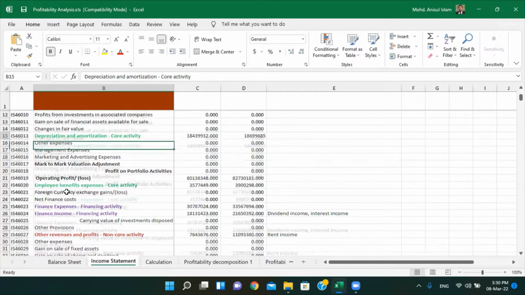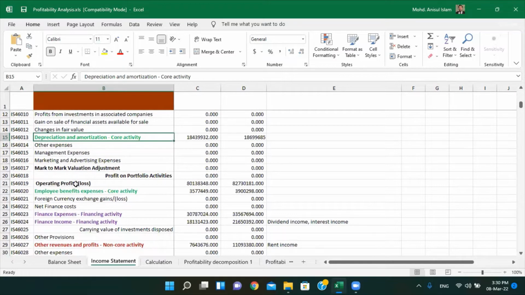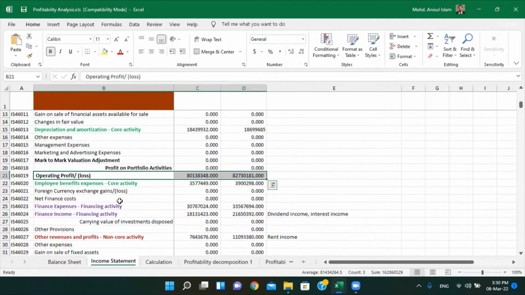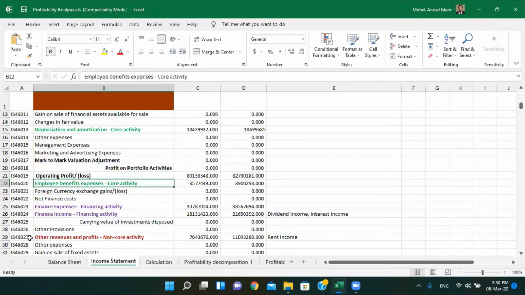So we see that after the estimation of operating profit here, they have included the employee benefit expenses. But if I ask you whether it should be part of their operating or part of their financial, employee benefits expenses, you see, the employees are working for the operations. So if you spend money for providing